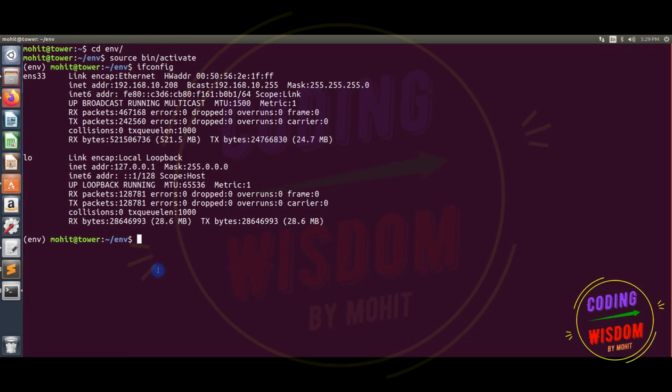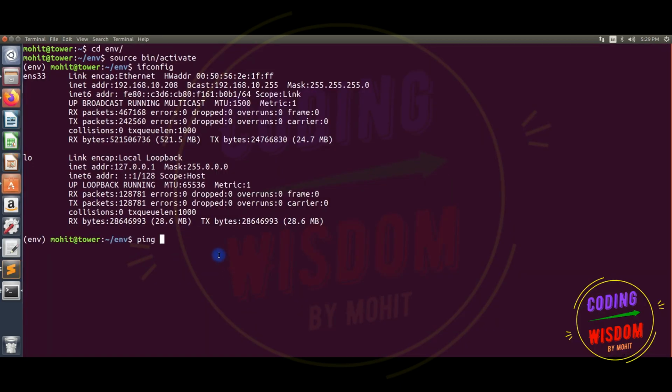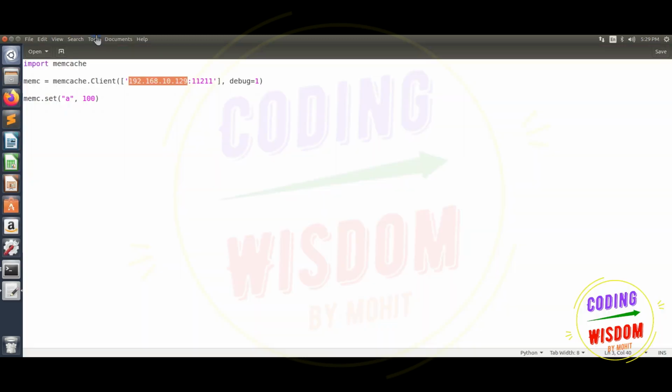So let's check, can we ping that computer from here? Just check the connectivity. Copy this IP from here, because it is a good idea to check the connectivity first. Oh yes, we are getting good connectivity. Pinging is done. That's great. So use this IP as it is here. Copy and make a new connection string in the quotes. Use this one, and please make sure both computers have memcache.